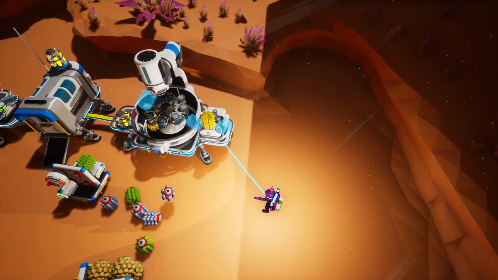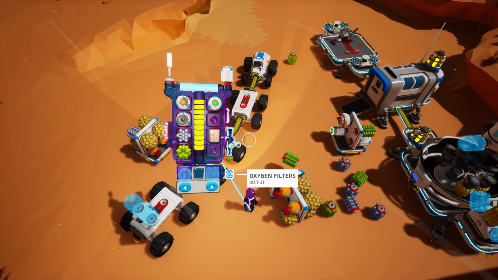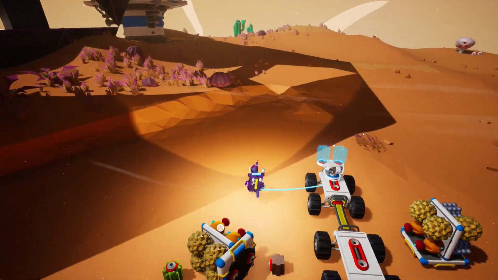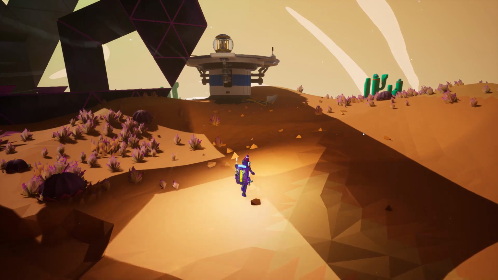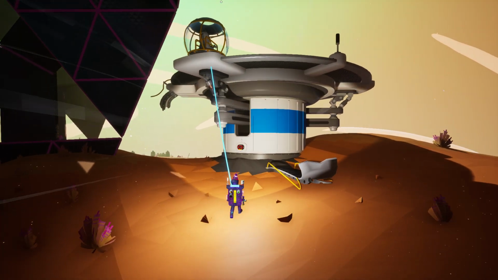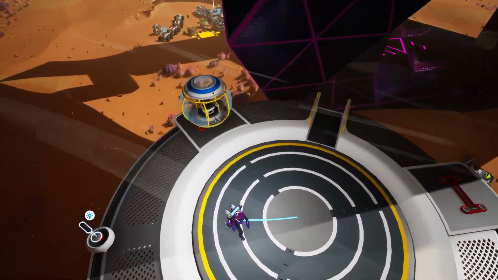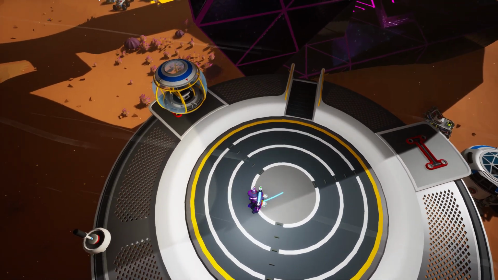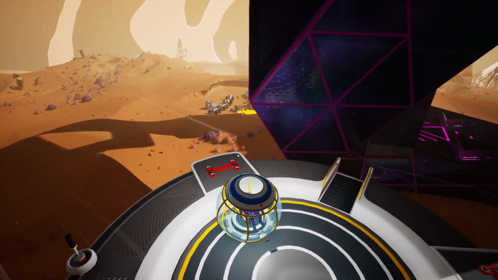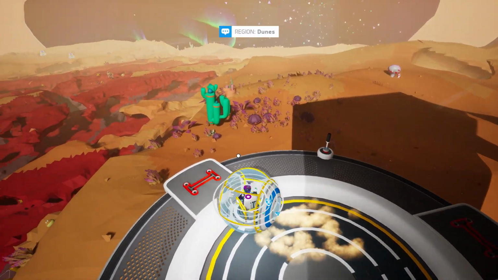This is going to be a base for my smelter. I will dump this other stuff. I might as well keep partially filled canisters, because over here this landing pad, well, first off I can just jump up into that. This could actually be the landing pad for my base. The only thing is I can't redeem missions at it. So I'm going to need an extra large printer, or a large printer, to print that thing off. But in the meantime, I'm going to use this gravity globe, which is a freebie, to go and